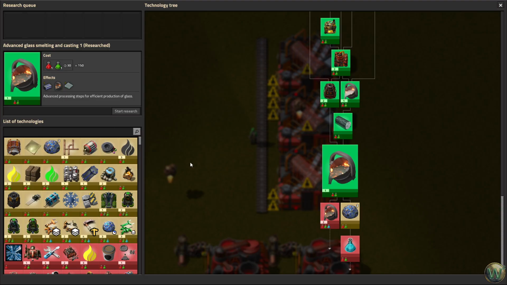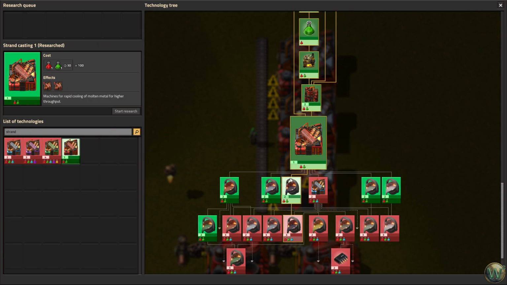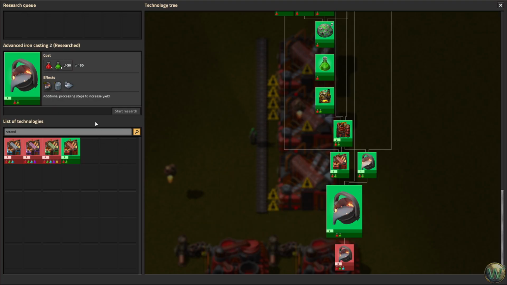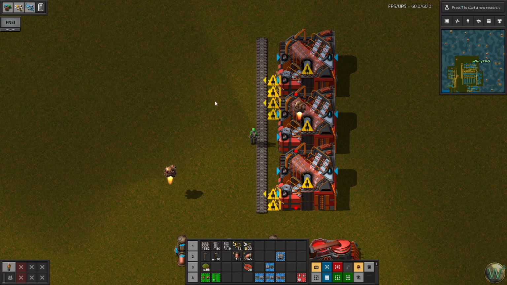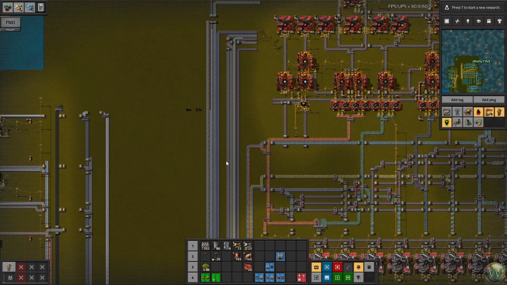was it a 4X? No, I don't remember. Strand casting and then iron casting. It was a 4X compression. Yeah, the 4X compression. Whether I should rely on that 4X compression and make the bus be 4X more dense,